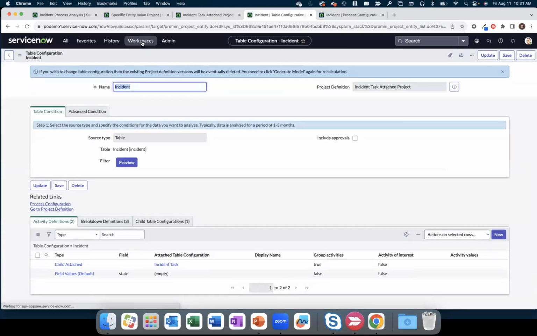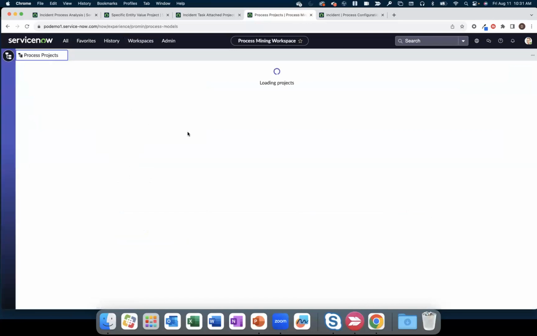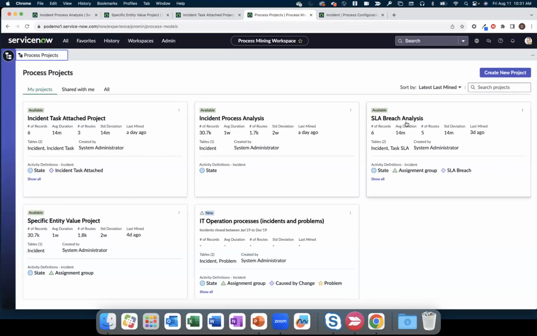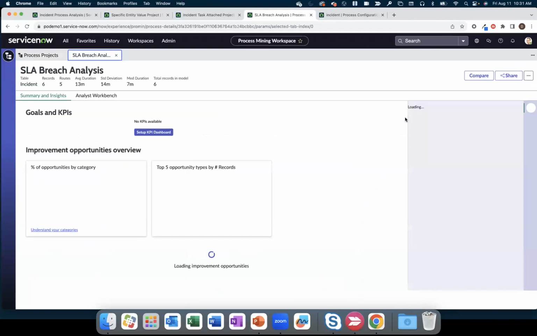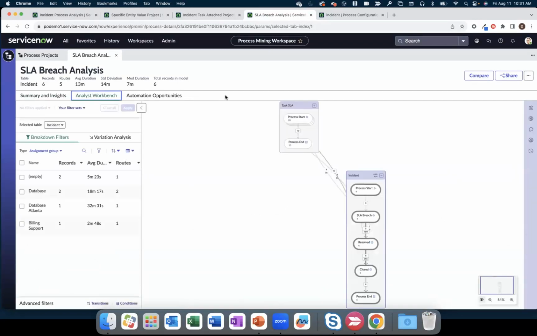All right, let's go back, and I've got another example. Let's look at that situation where we might want to use a timestamp and attach it or visualize when a certain thing happened, and that timestamp data may not live in the audit log table. So this example here is about SLA breach times. Usually the SLA breach data lives